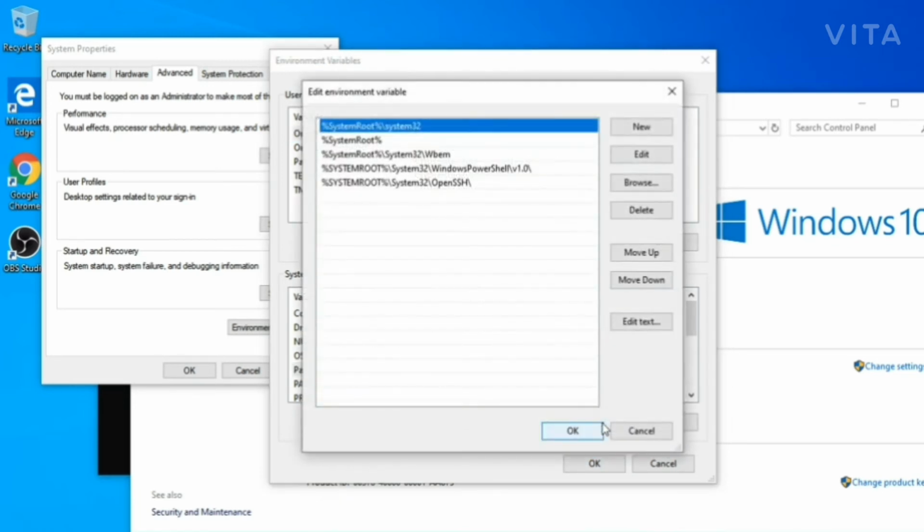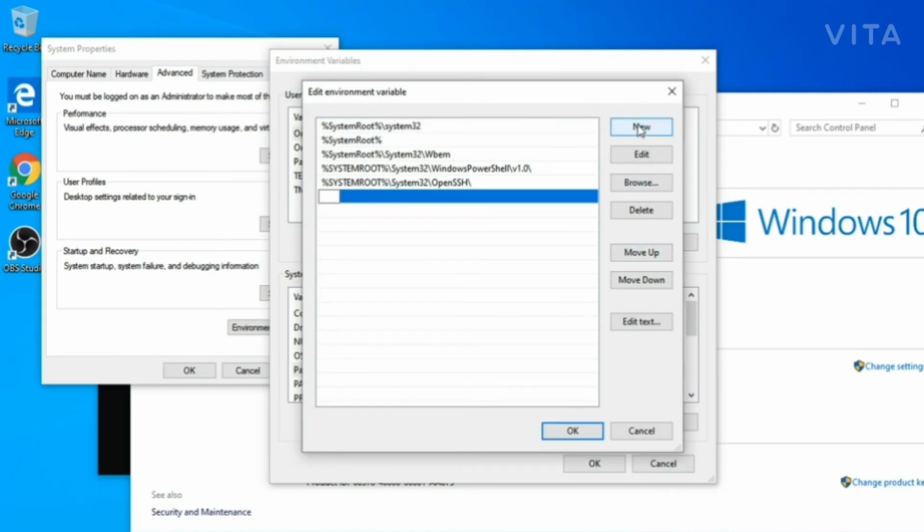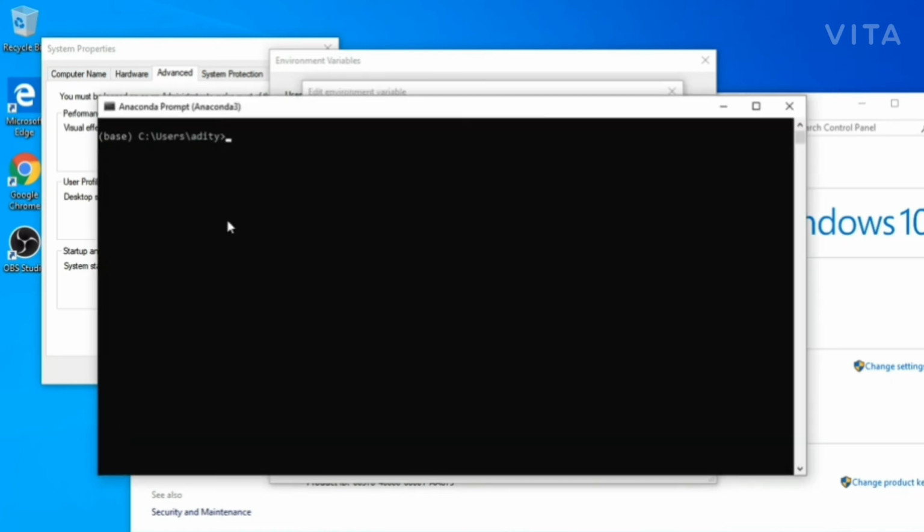And now I will open my Anaconda prompt and I will just type here where python. When you type where python, you will get the path of your Anaconda, where it has been installed.